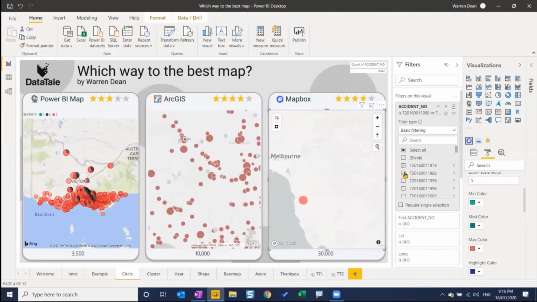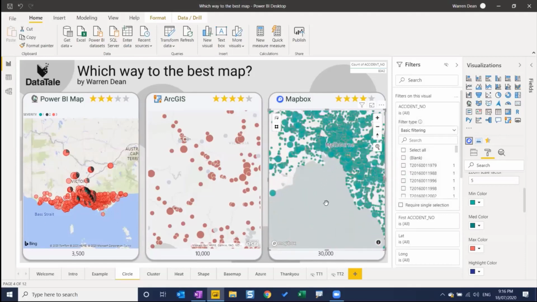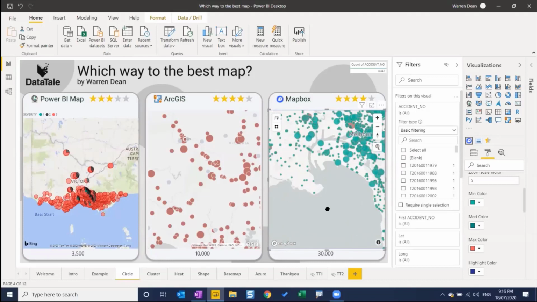But as soon as I untick this one, oh, I unticked the wrong one. I'll untick this red one on the left, zooms in, and then the dot disappears. So that's really annoying. And obviously, if someone's clicking on one dot, it doesn't really help you at all. Actually, the other thing I will mention, something that I do love with Mapbox, is let's see if we're